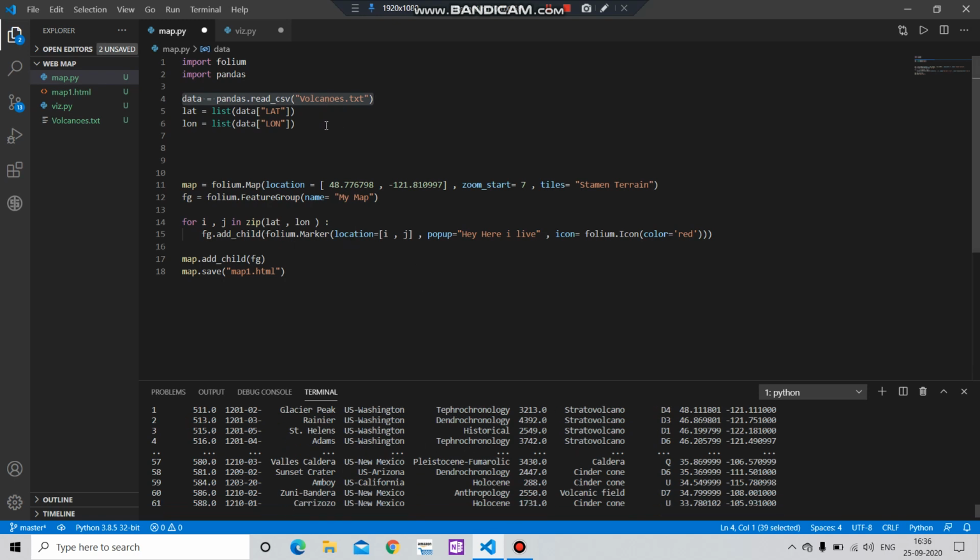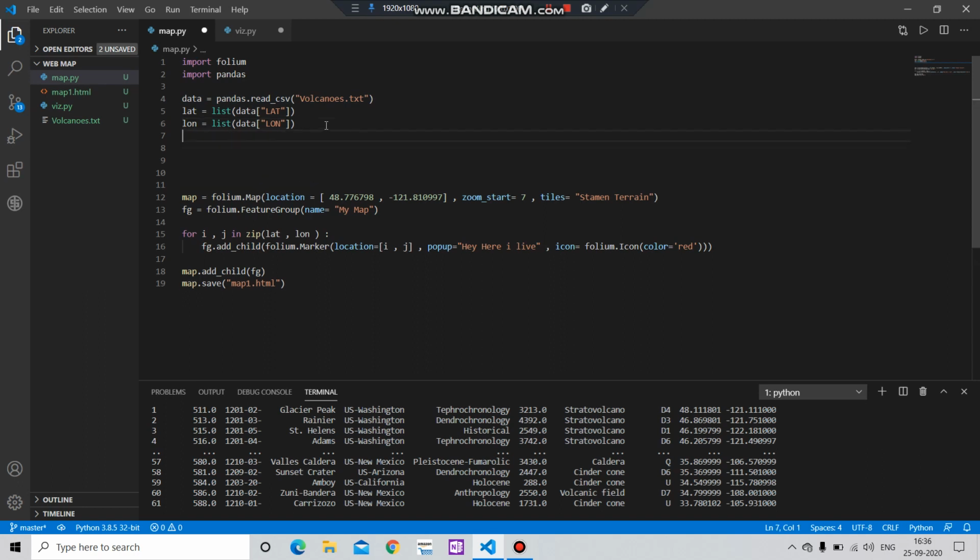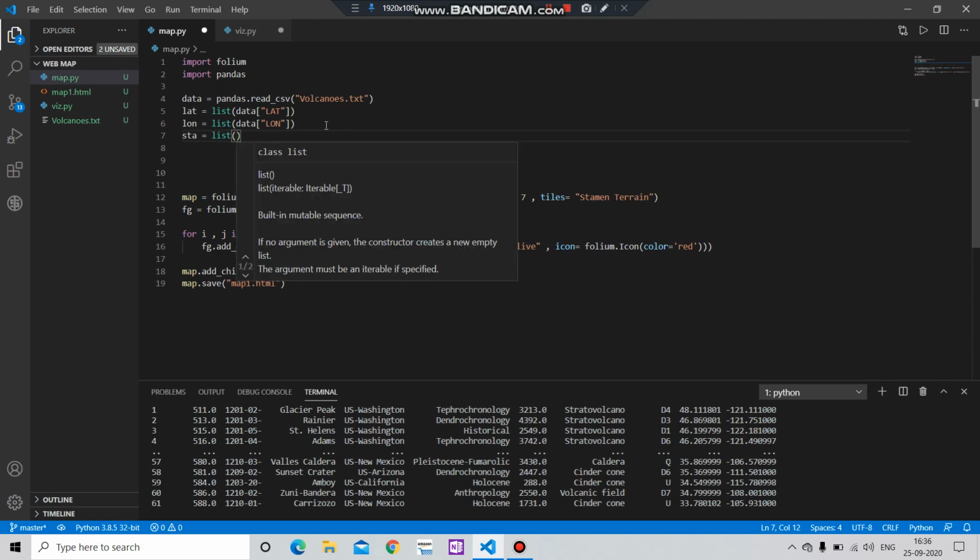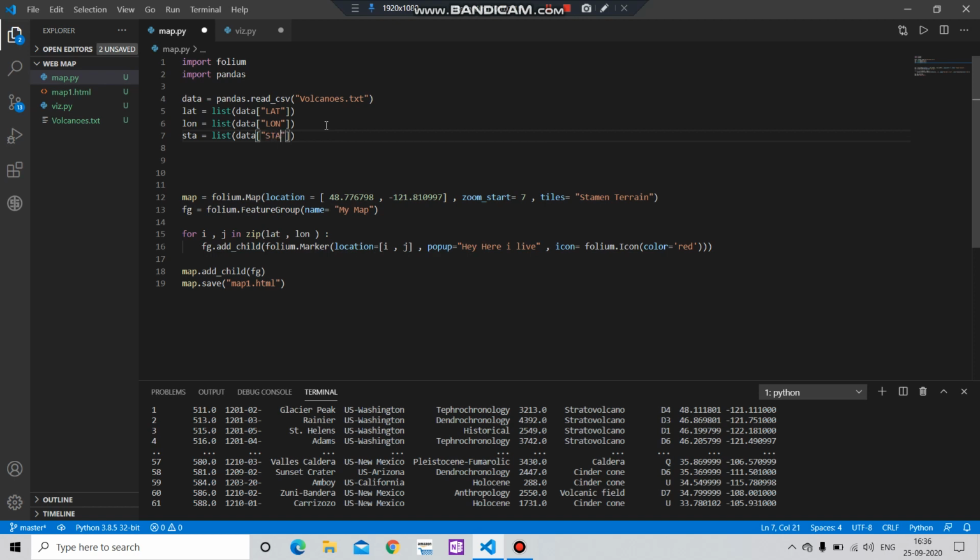So how can we do that? For that, first we simply get the list of all the volcanoes list data, and here in data, let's say status, and here in the for loop we will pass the value of these SPA, and here we will simply put E,